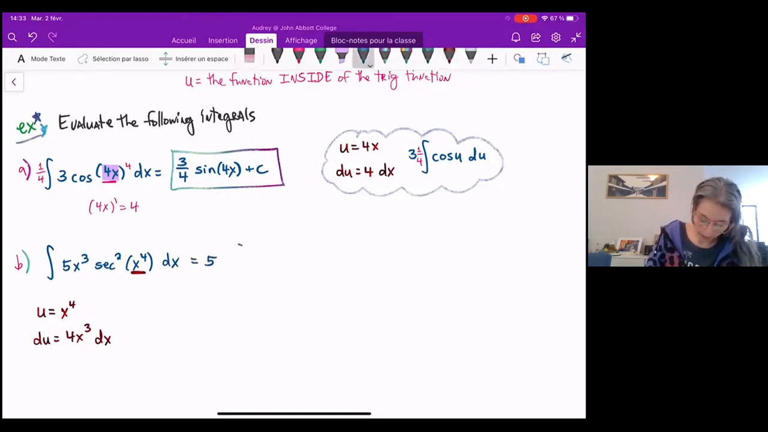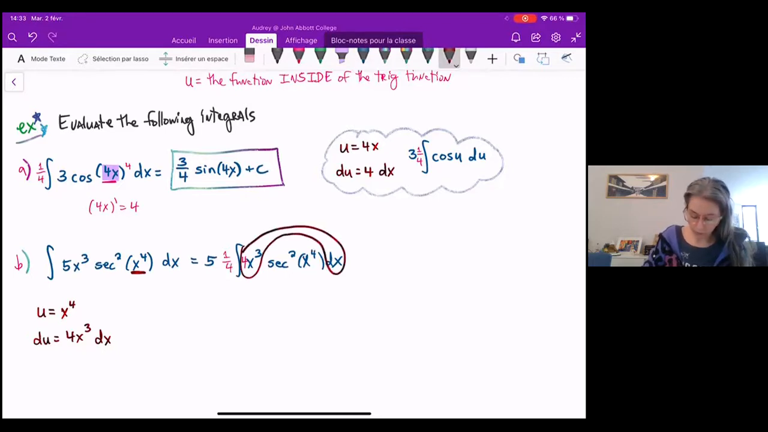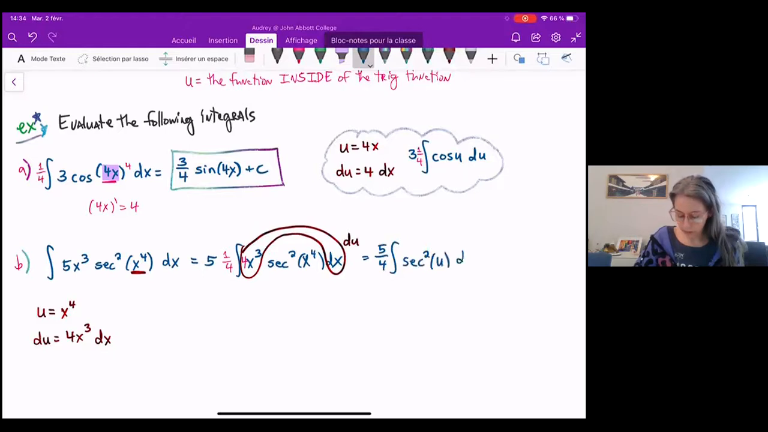Now we've said that it can be helpful to bring constants to the outside of the integral. So I'm going to bring that 5 to the outside, and have x cubed secant squared of x to the 4th dx. And I can see that I need to multiply by a 4 to get the 4x cubed. So then I'll also divide by the 4. And then I have that 4x cubed dx as my du. And I can see that this results in 5/4 times the integral of secant squared of u du,